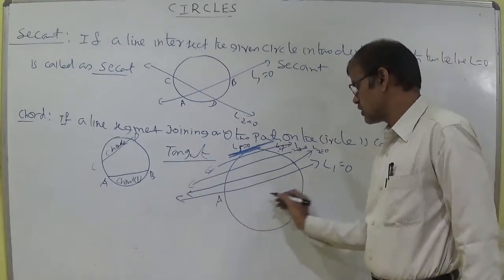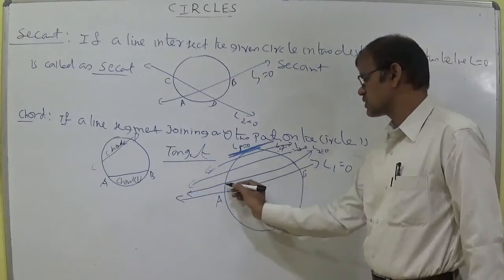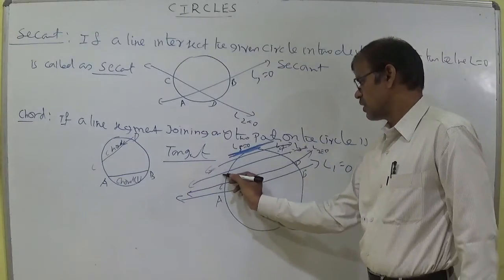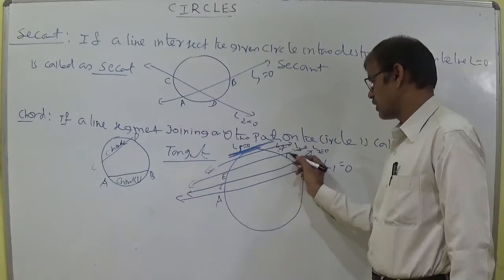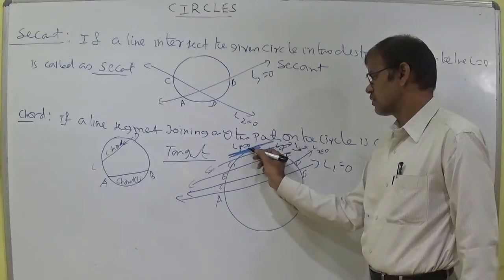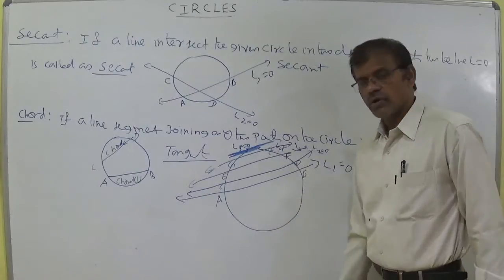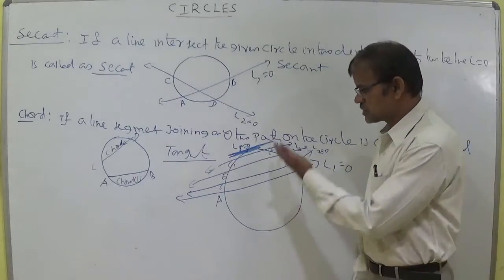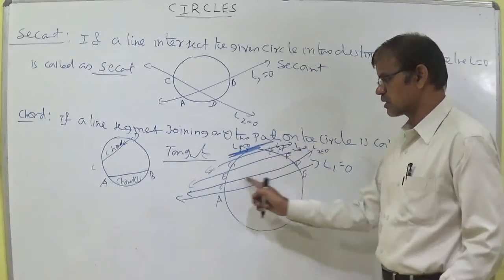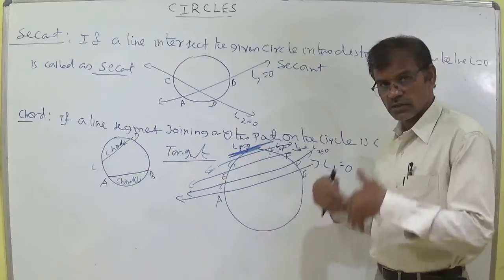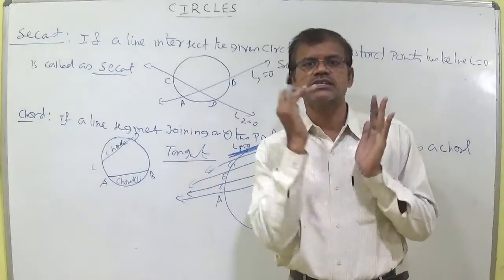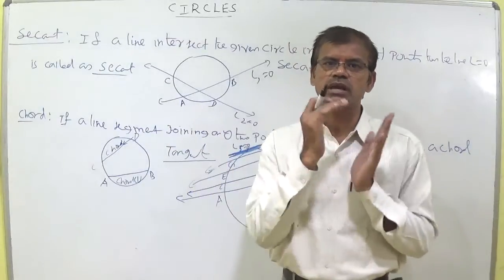If we think of L1 intersecting the circle at A and B, L2 at C and D, L3 at E and F, like that, and this is G H, this is simply I. What is happening? The distance is being reduced. Maybe this is 7 units, this becomes 6, this is 5, this is 4, like that. At last what happened? The 2 points approach as 1 point. The 2 points become 1 point.